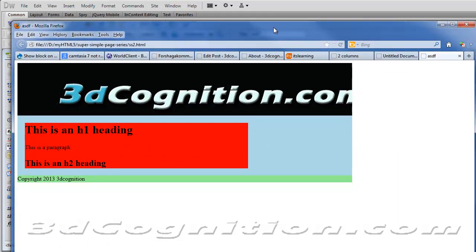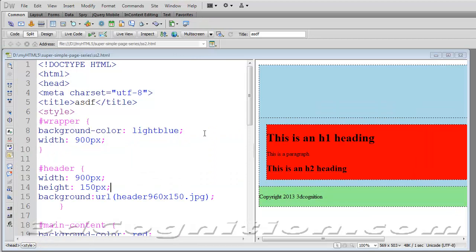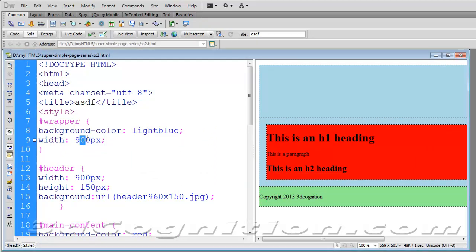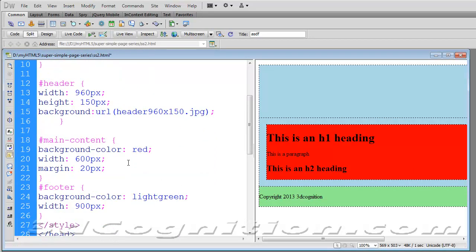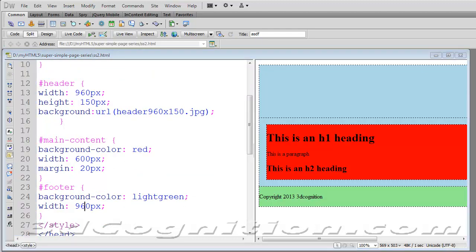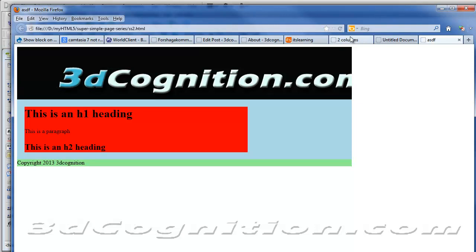It's not all showing. To get that totally legit, let's make this 960 and this 960, and we'll make the footer 960 also, so everything matches up. And come back and see if that looks any better. Yep, that'll work better. So we got our basic header,